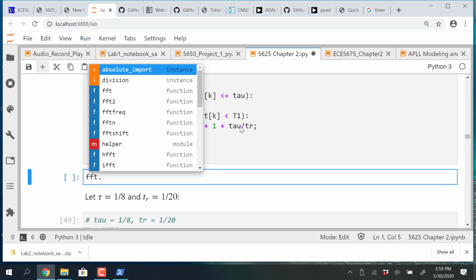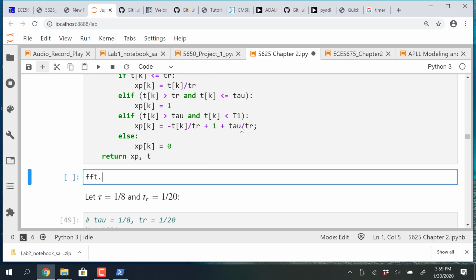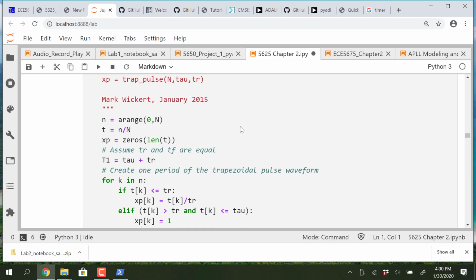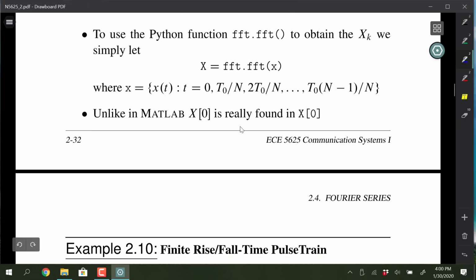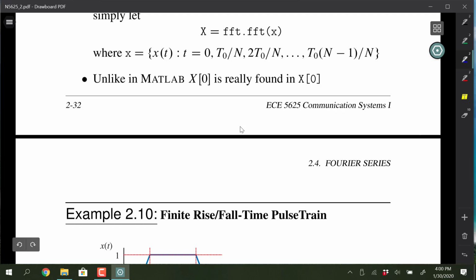And obviously, there's an ifft down below here, and that's the inverse fast Fourier transform. We use those a little bit in modern DSP right at the end of the semester. At any rate, so I took an example of